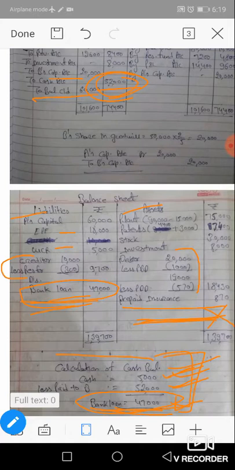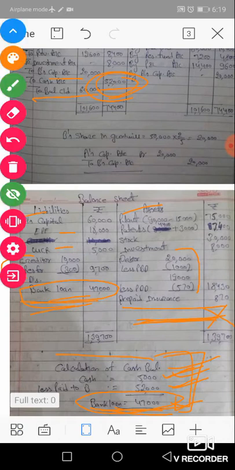Okay, this is our numerical number 3, and you do this numerical in your accountancy fair notebook. Okay, and you will try numerical number 4 and submit this numerical in your assignment section. I'm telling you again and again, you do this homework daily, but no one is doing it. So you try numerical number 4 and submit it in your homework section. Now see it once.